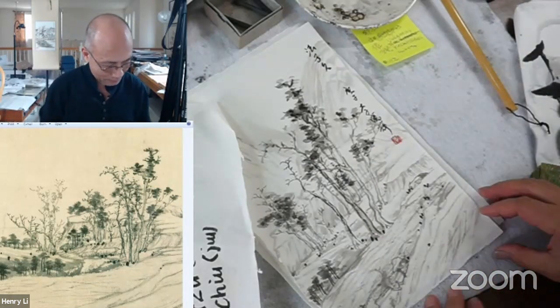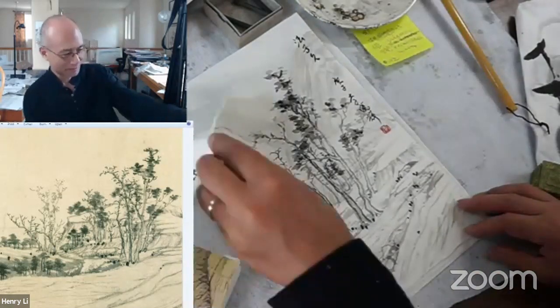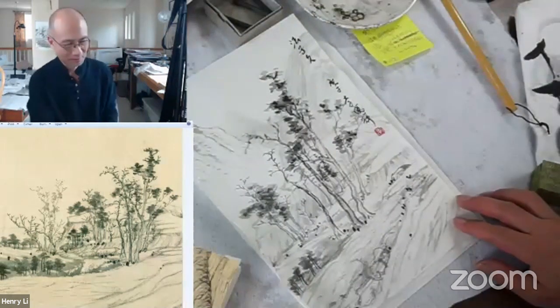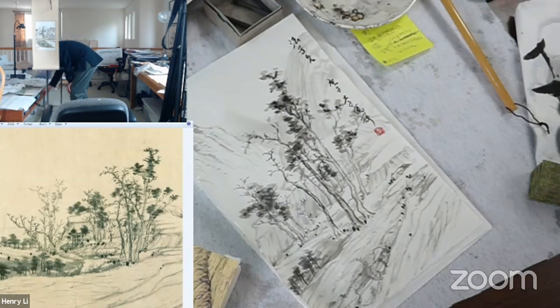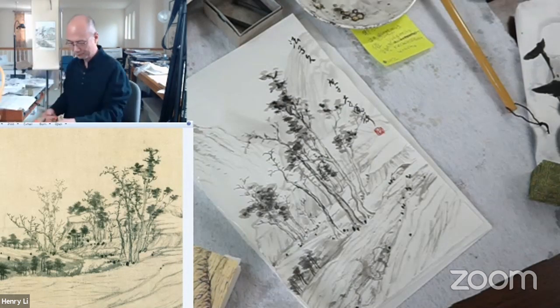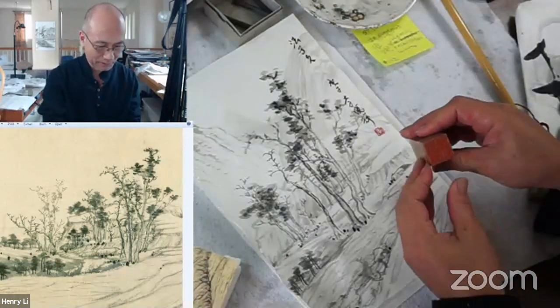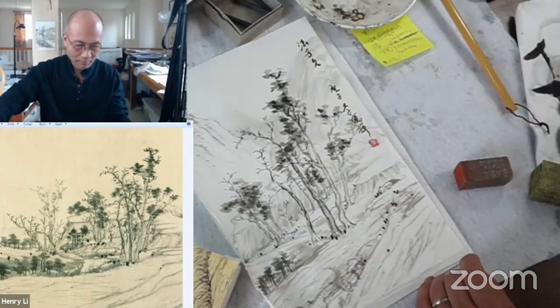Now I can use a seal. It's not a good idea to put a seal on the same lines, but you can do that, just leave it for the collector's seal. Yeah, maybe I can do another seal. I've got a mood seal I can use, a big one. It's a phrase from the Peach Blossom Spring,